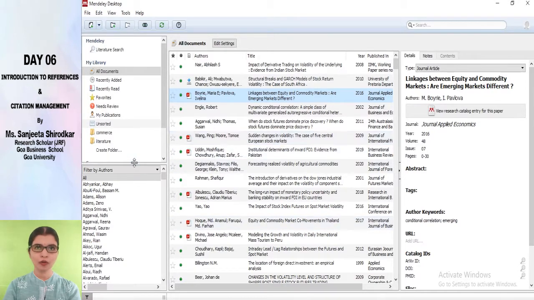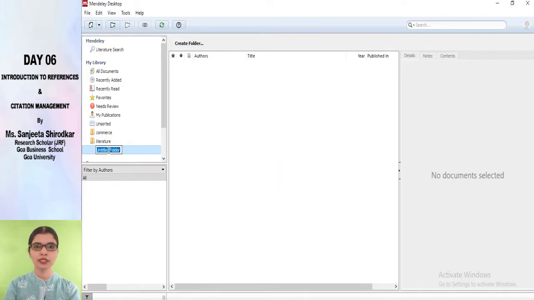Just click on that option and put whatever title you want. For example, I am putting project work and pressing enter. Here you would see that my folder named project work is ready. So I'll work on this particular folder.